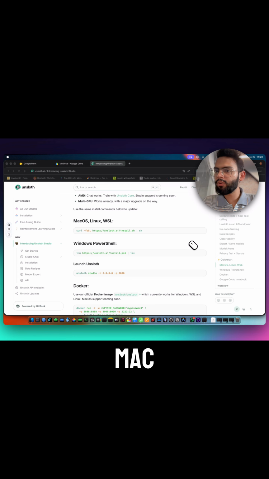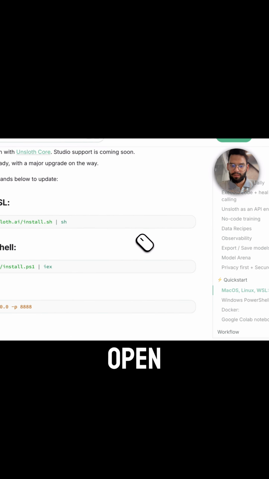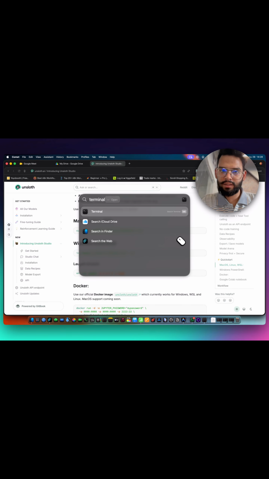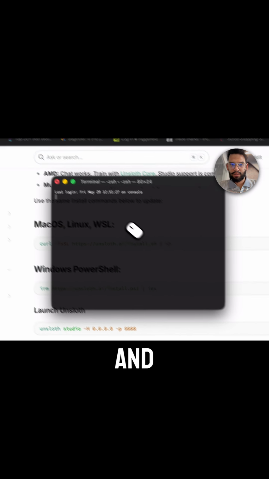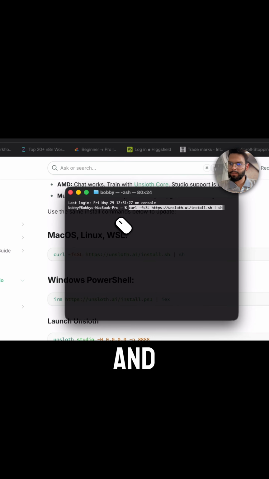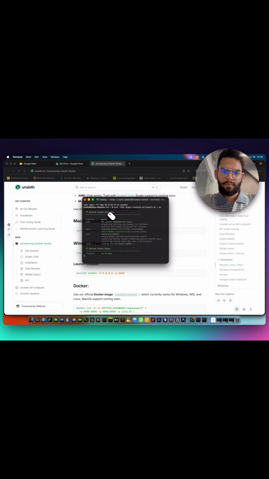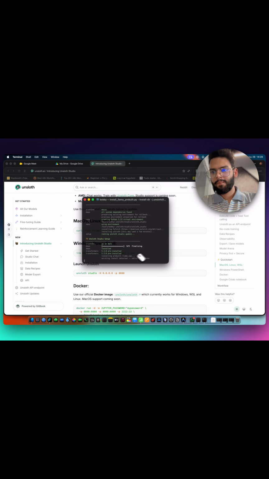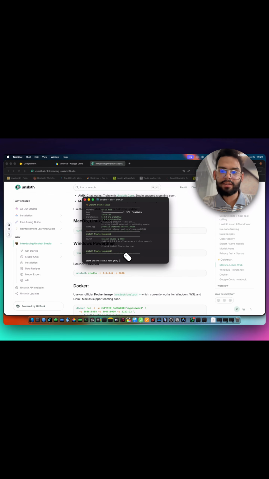As I have Mac OS, I simply copy the first command and open my terminal for this. I paste this command and hit enter. So it is now asking to start Unsloth now. So I simply press Y and hit enter.